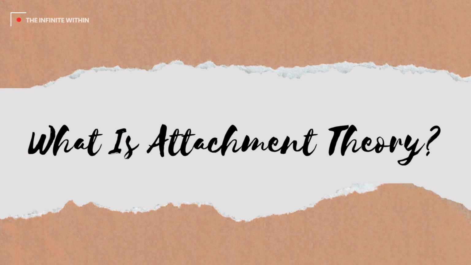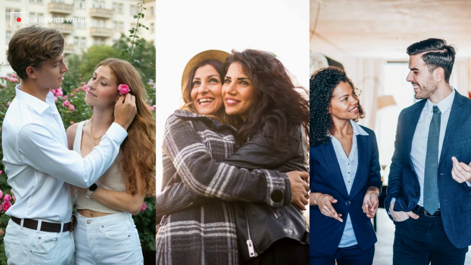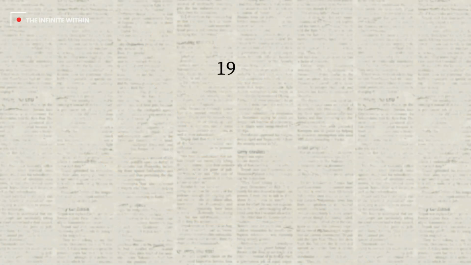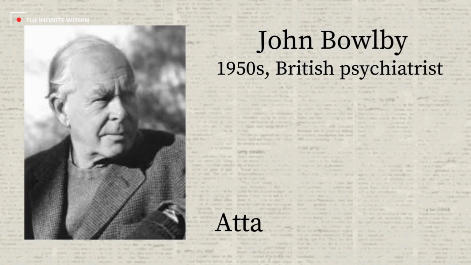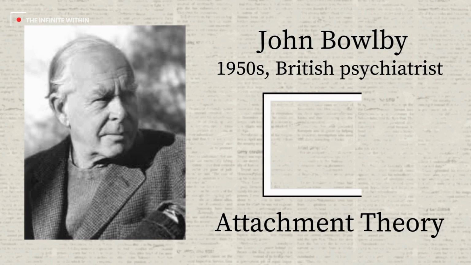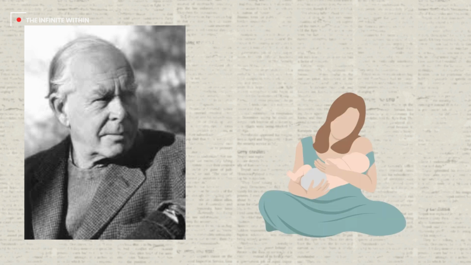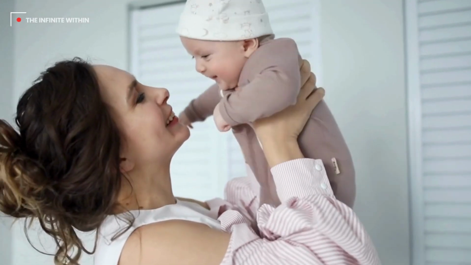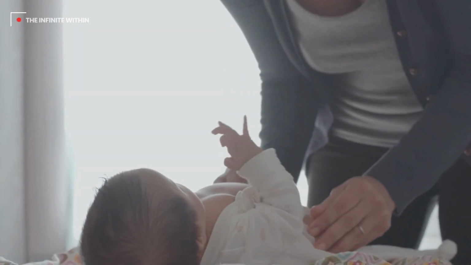Every adult relationship you've ever had, romantic, platonic, even professional, is shaped by one thing most people don't realize: your earliest bonds as an infant. In the 1950s, British psychiatrist John Bowlby developed what became known as attachment theory, a framework that explains how humans form emotional bonds. Bowlby believed that the infant's attachment to a caregiver is as vital to survival as food or oxygen. Why? Because from an evolutionary standpoint, infants completely dependent on adults for survival had to form bonds to stay